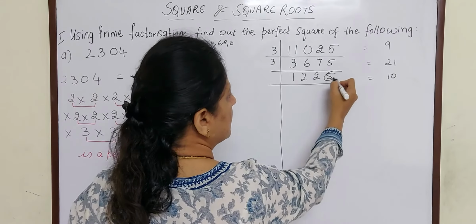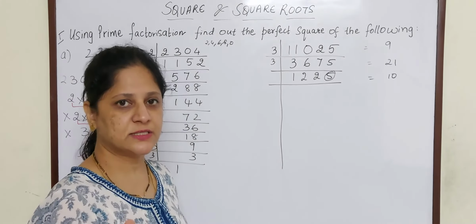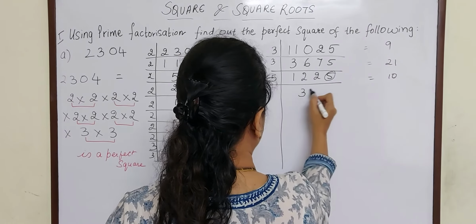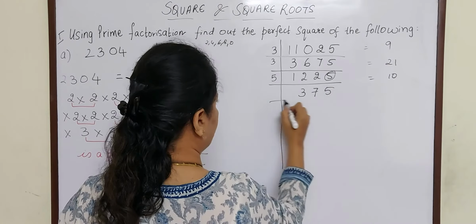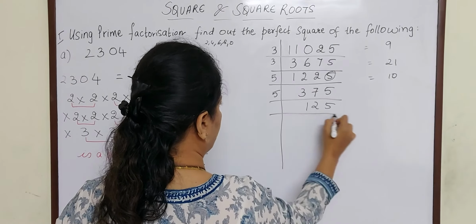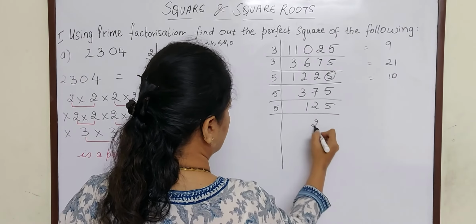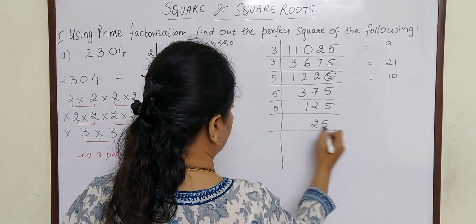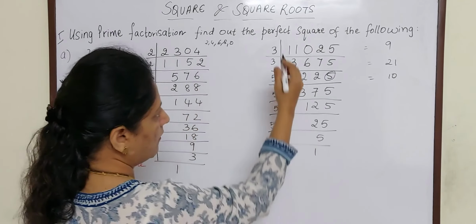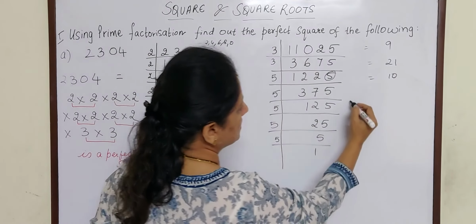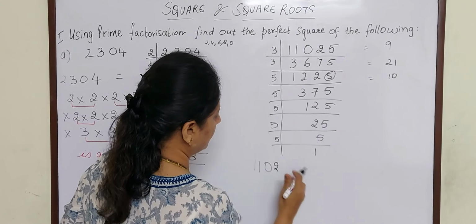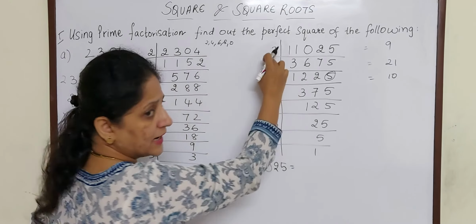Because if the digit in the ones place is 5 or 0, it is a multiple of 5. So 5 into 245 is 1,225. Again 5 into 49. Again 5. Again 5. And so on. Right? So now I can say 11,025 is equal to 3 times 3